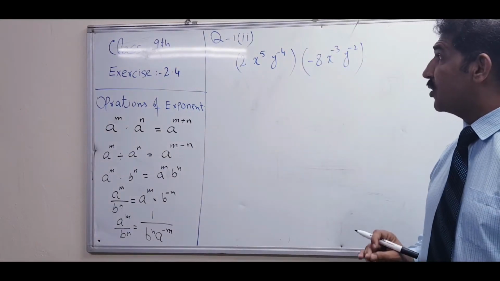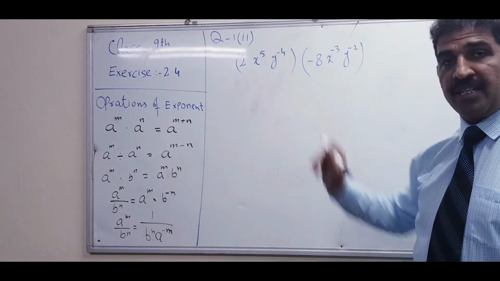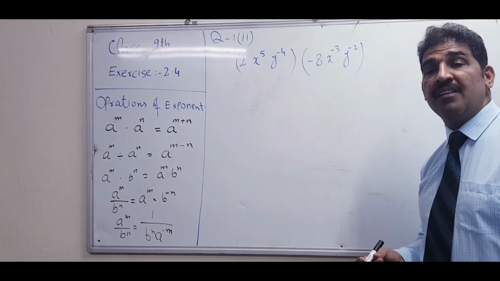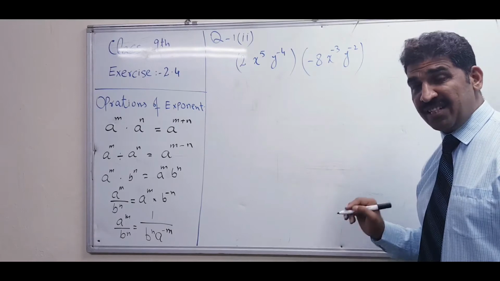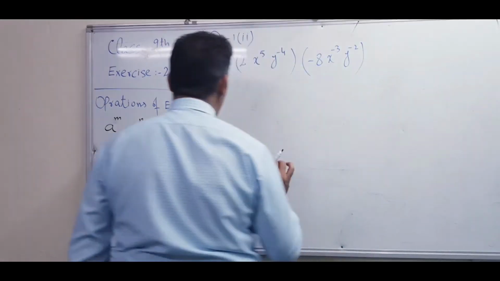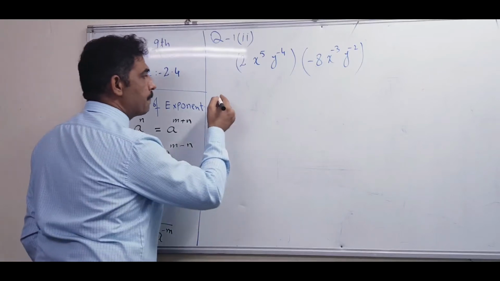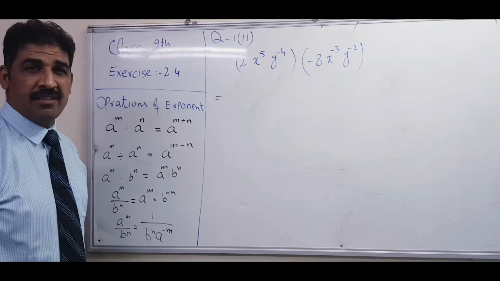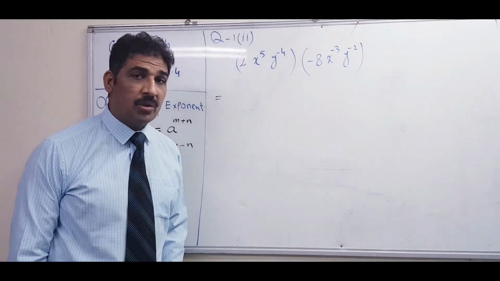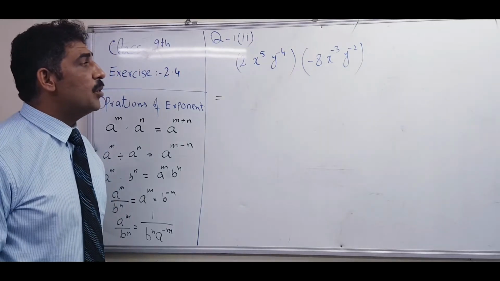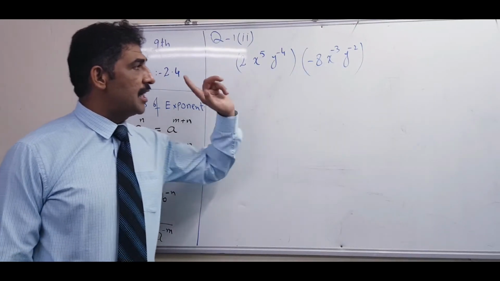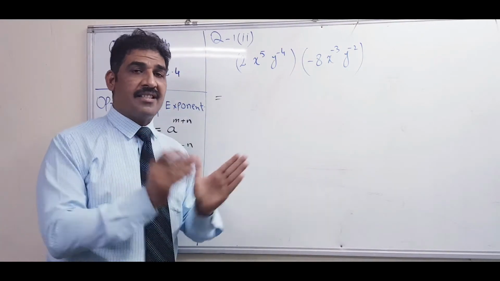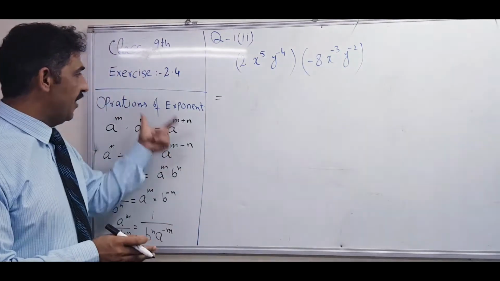So now come to the question, that is exercise 2.4, question number 1, second part. First I will start to solve the simple part, and then we will go on to the difficult part, and one such question is compulsory in your exam, so be perfect on that one. Then what is the first step? In this question, there are two brackets. What is the meaning of two brackets? Both are multiplying. When both are multiplying, the constant multiplies with the constant and variable multiplies with the same variable, and then we will apply this rule.